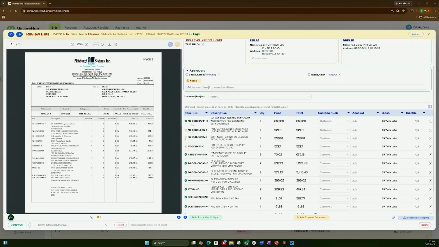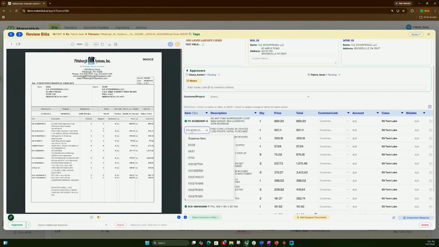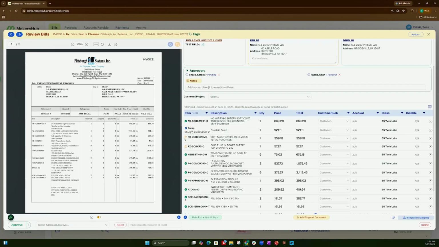When MakersHub does not recognize the SKU, a yellow shopping bag with a plus icon appears next to it. This tells you that the SKU has not yet been connected to an item. From here, you can manually select what the correct item is, or you can approve the bill and allow MakersHub to create an item based off of rules that you configure